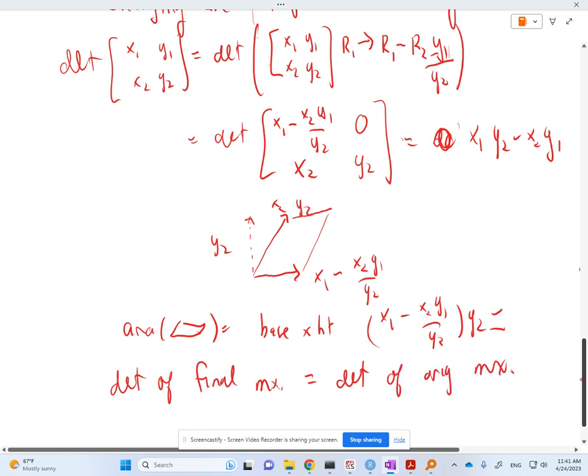Okay, so that's showing you why. It's showing you the reason why is that row operations which don't change the determinant also don't change the area. Okay, and that's a proof that can be applied in higher dimensions as well. If you tried to divide up a rectangle into areas, if you tried to do that in 3 dimensions, you would pull your hair out. But this proof you could use